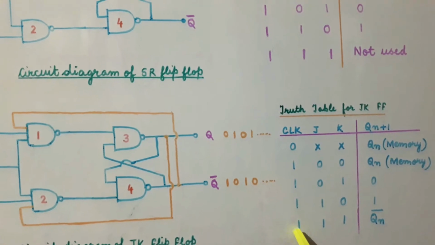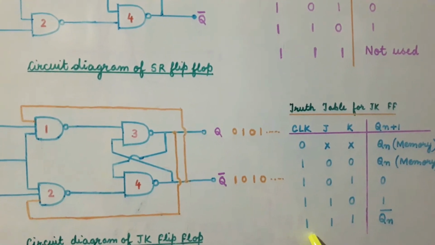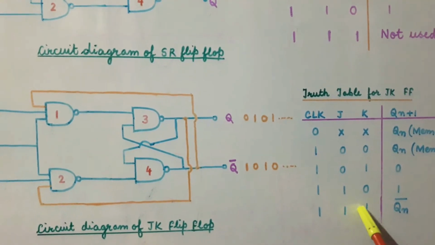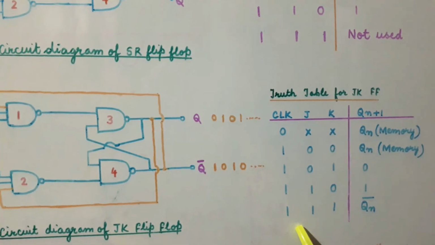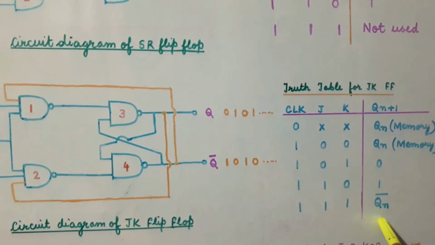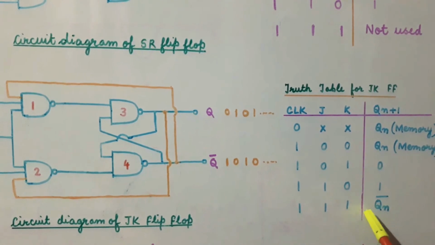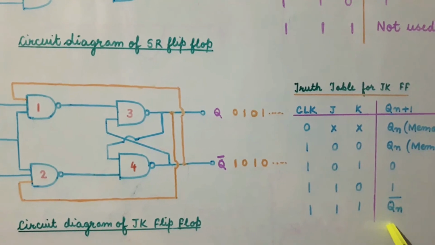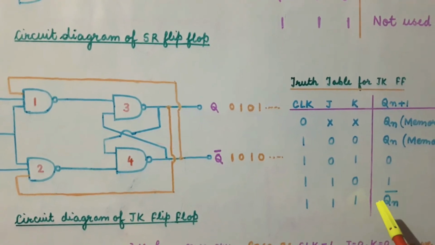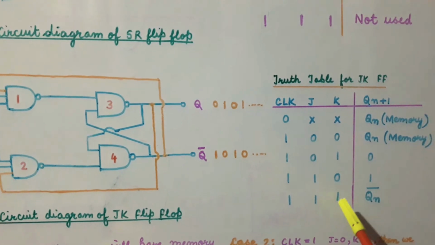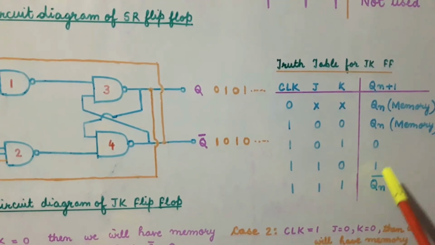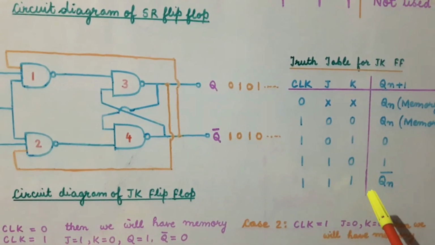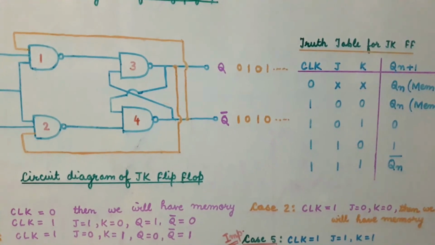But this last case is different and this is very important. So let us discuss this case. In this case we find that the clock is high and the value of J is 1 and K is also 1. So we will have to find the value of Q and Q complement in this case. So before actually writing down the values of the outputs Q and Q complement, we will have to do the analysis in this circuit. For that we assume that the value of Q